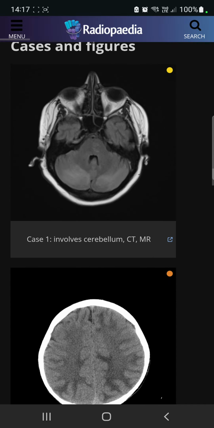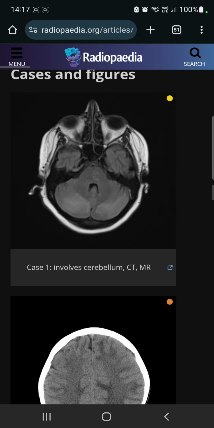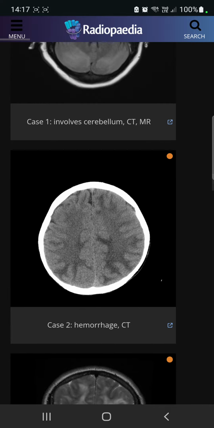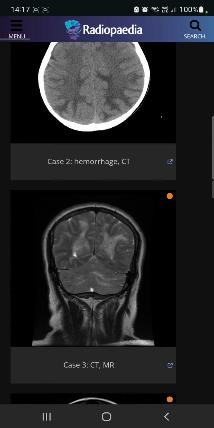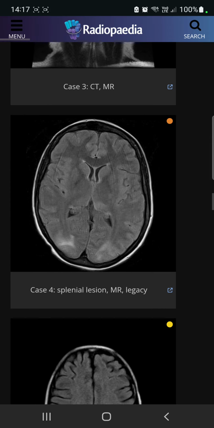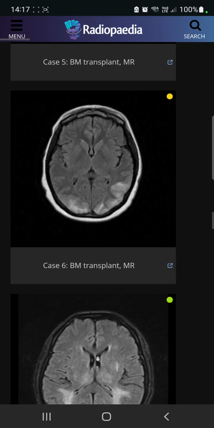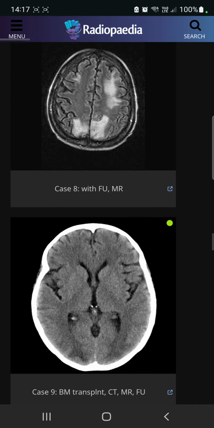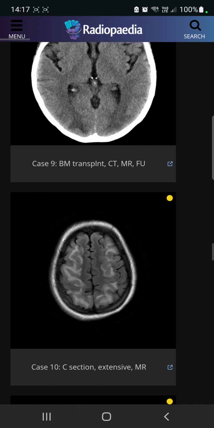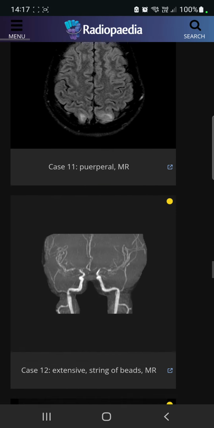Now, if we look on imaging, you can see the hyperintense lesion on the posterior part of the brain. Here you can see the hypoattenuating or hypodense lesions on CT. Here on MRI. Here on MRI again, you can see the posterior parts are most commonly involved. On PRES, here again, you can see that the posterior parts are most commonly involved. It can also affect the frontal area, but usually posterior parts, and this is a PRES, and you need to